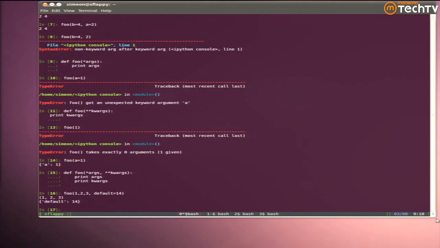You don't often see a function that defines itself with both *args and **kwargs, because it doesn't really tell you anything about what arguments that function accepts. But you'll very frequently see a function that looks like